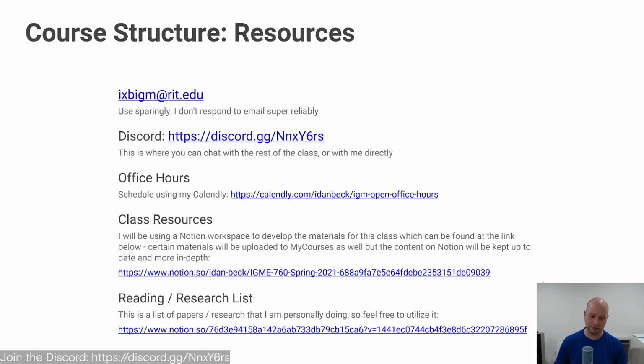Separately, I've been maintaining this reading research list. These are an ongoing list of papers that I find interesting. It's not super relevant to exactly what we're studying here. There's everything from machine learning and deep learning and sequence-to-sequence NLP papers to ReSTIR and fundamental ray tracing papers. So it's all over the place, but it's organized relatively well with tags and things. There's a lot of papers there, many of which I haven't read, probably only 10% I've read. So it's a good resource if you're looking for ideas for interesting things. Just jump in there and check it out. So I encourage you all to do that.